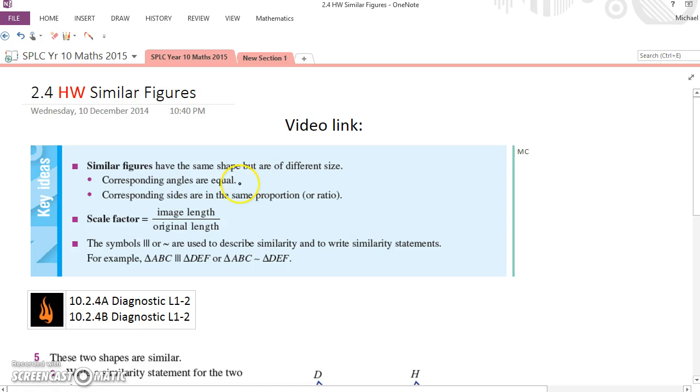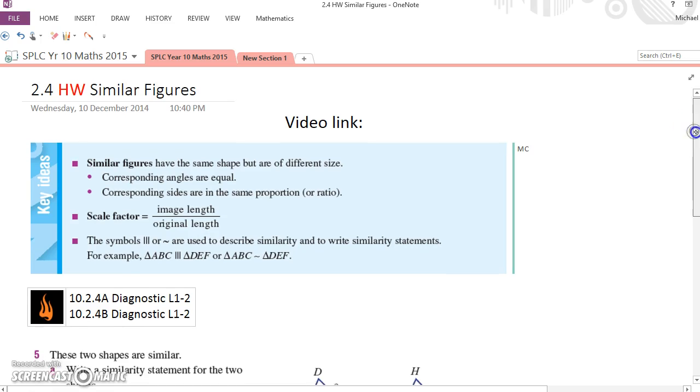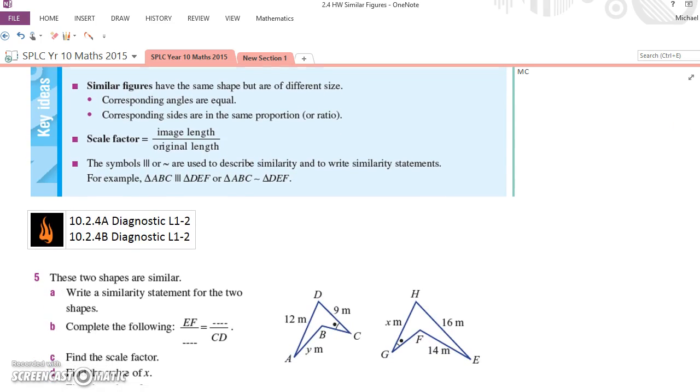So the angles will be equal and the proportions of sides will be the same, but they won't be the same size. So it's basically when you enlarge something or reduce something, and you guys have seen that a million times whenever you resize anything on your computer, you know exactly how that works, keeping everything in proportion to each other, but just enlarging